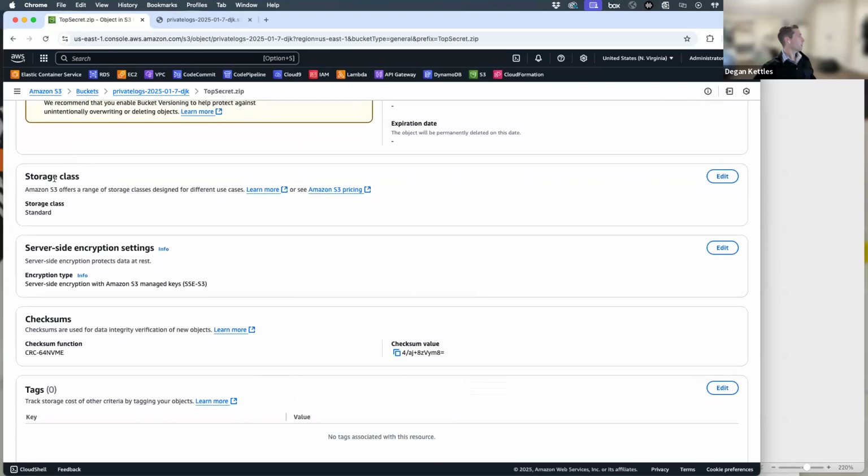Hopefully we can find that. We've got storage class. Data is encrypted at rest. And just so there's really, when you're talking about storing things, especially secret things, you're really thinking about encryption